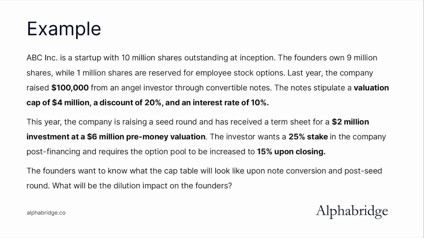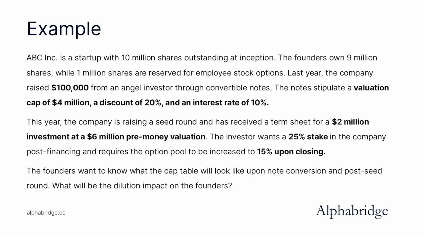This year, the company is raising a seed round and has received a term sheet for a $2 million investment at a $6 million pre-money valuation. The investor wants a 25% stake and requires the option pool to be 15% post-closing. We want to know what the cap table will look like in this scenario and what the dilution impact will be on each investor. So let's take a minute to pause here and review the terms that we have from